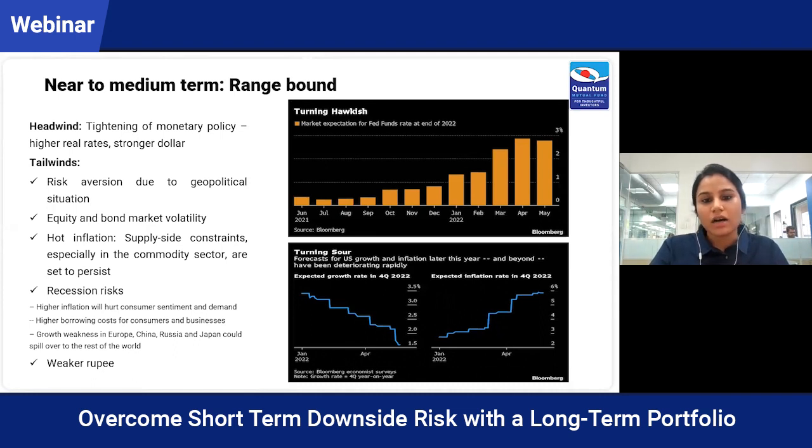And lastly, because of the higher global inflation and elevated oil prices and the FII outflows that we're seeing in the Indian equity markets, the rupee has been weakening. A weaker rupee gives domestic gold prices a push. So as you can see, there are headwinds and tailwinds and a lot of conflicting factors. So we're going to see some push and pull in gold prices for the time being. And we believe this can be a good entry point for long-term investors.